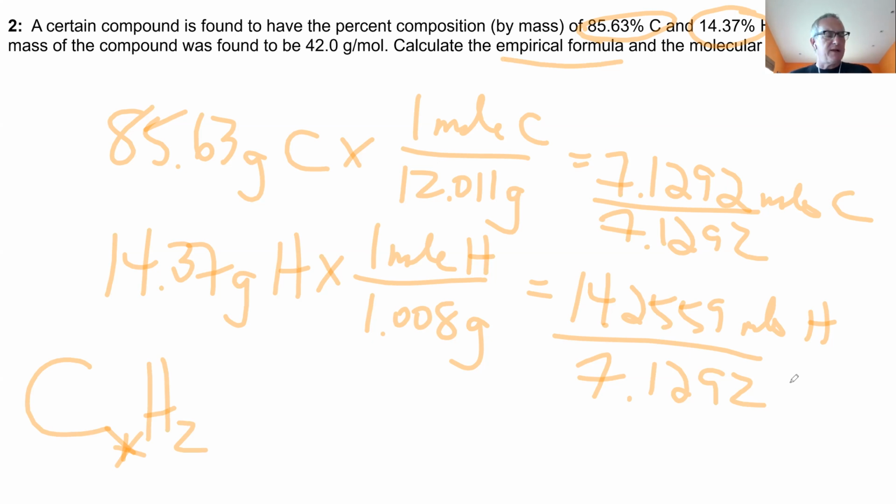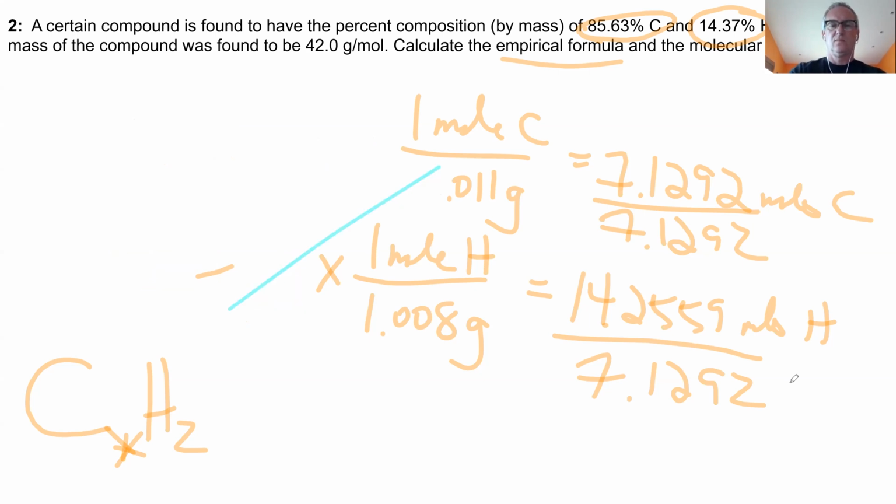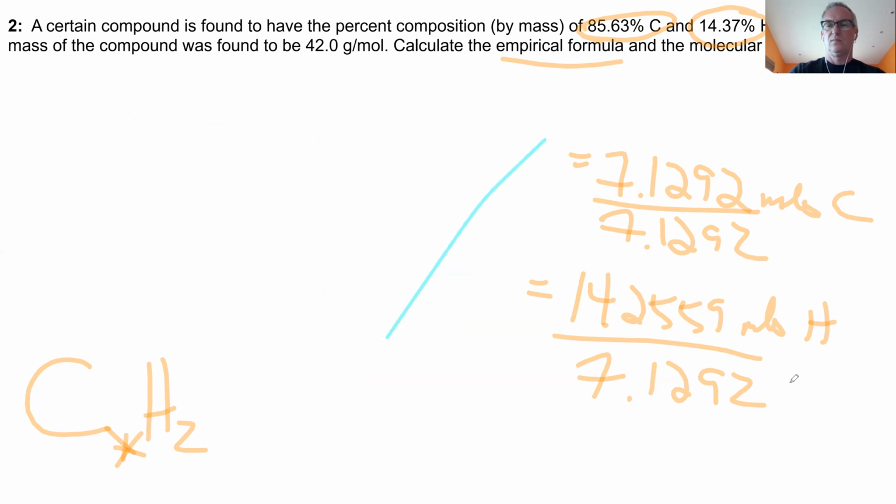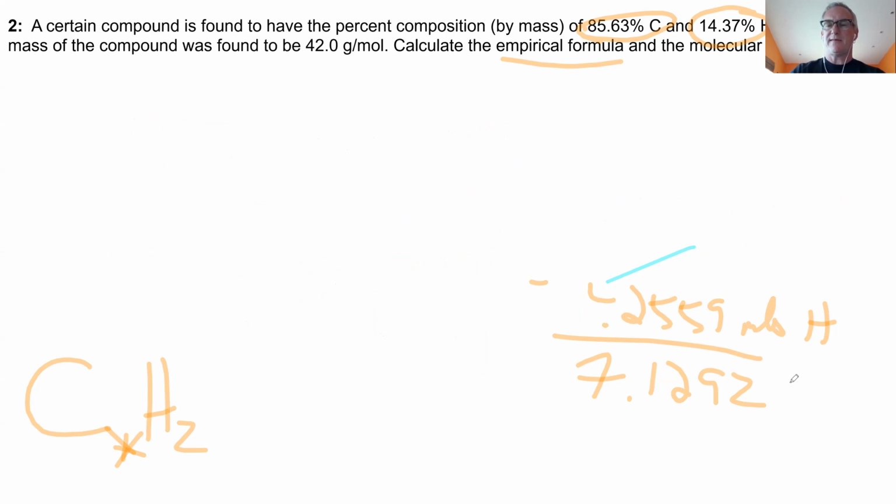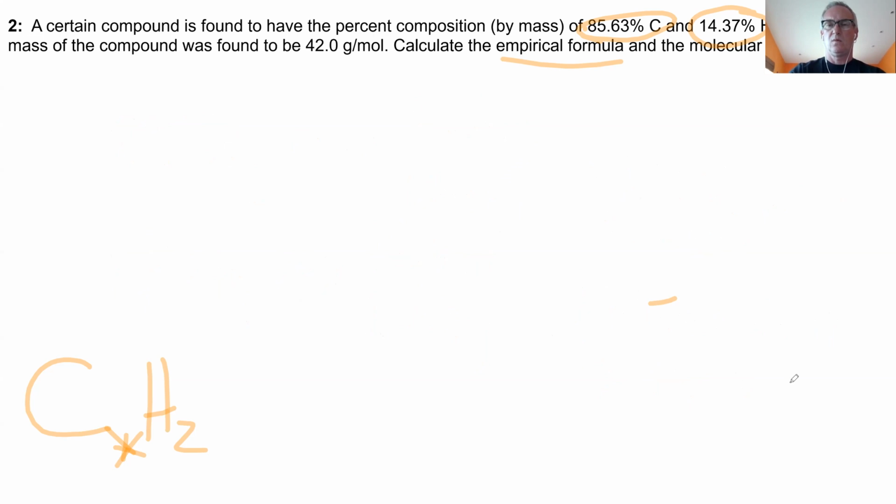How are we going to figure out what the molecular formula is? 2 times 1.008 plus 12.011 grams. That gives 14 point something. So what are you actually doing? Rather than describing it, what are you actually calculating? Calculate the